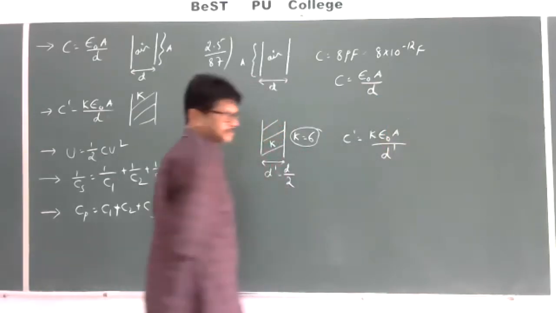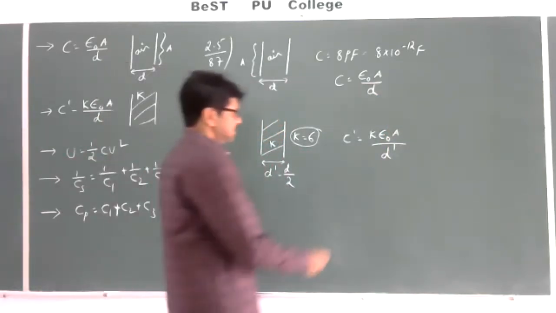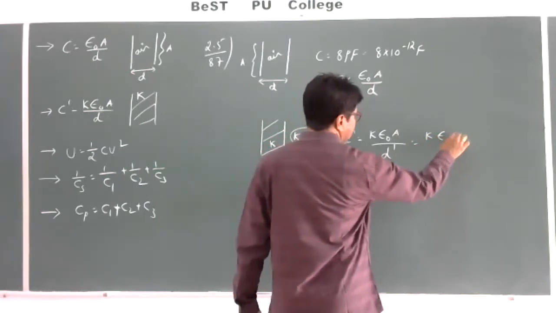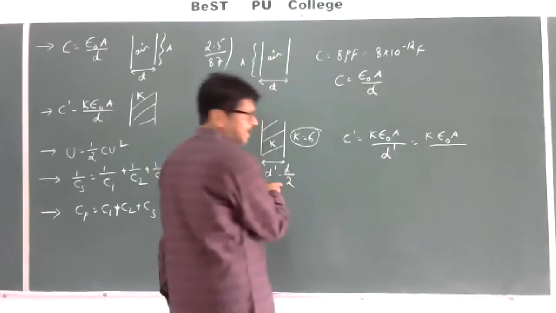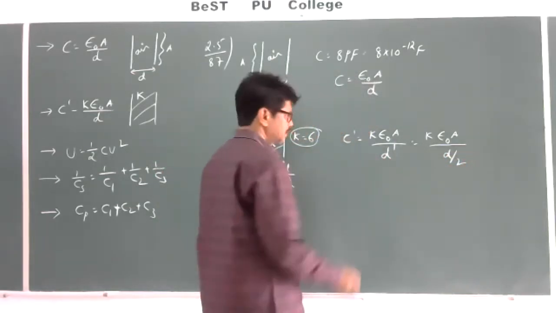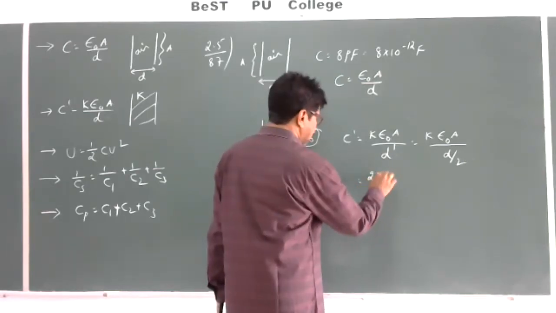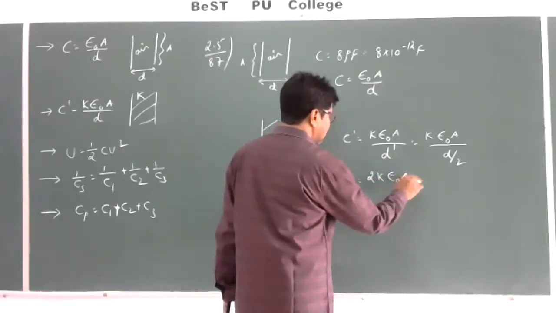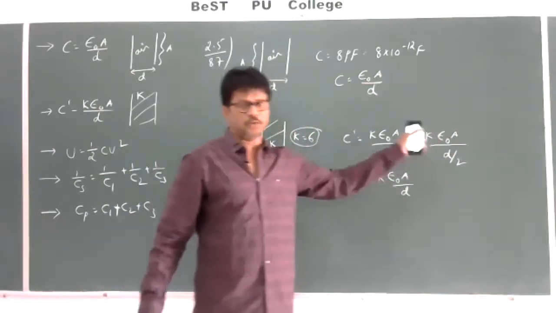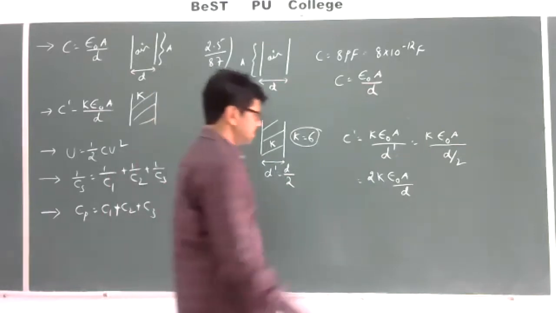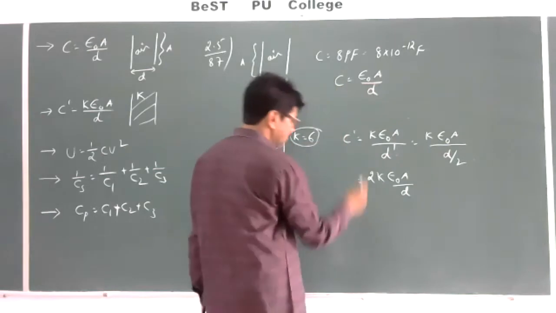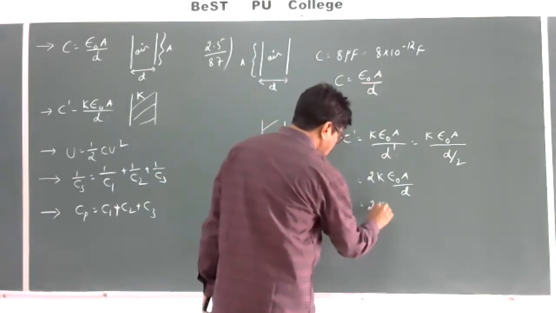So, K epsilon naught A by D dash, where D dash is equal to D by 2, which is equal to 2K epsilon naught A by D. If this 2 goes into the numerator, epsilon naught A by D is nothing but C. So, which is equal to 2KC,